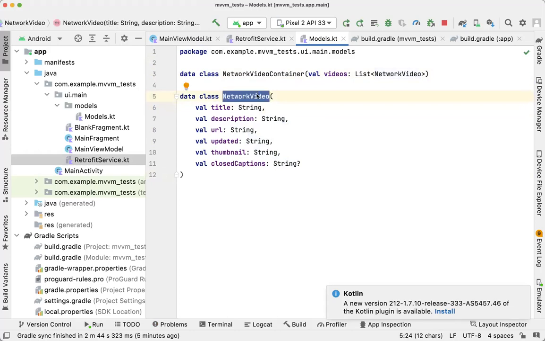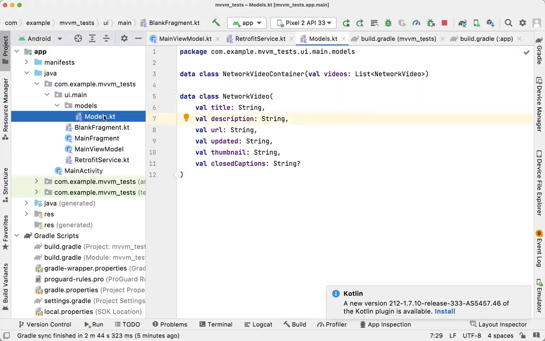Otherwise, we can go with something like video. Okay, but in here, we are referring to this as network video because we want to know where this is coming from. This is coming from network itself. So we call this network video. Okay, we will have different models for local database as well as networks. In a nutshell, we will see why this different thing is there. So right now we will just get over with the